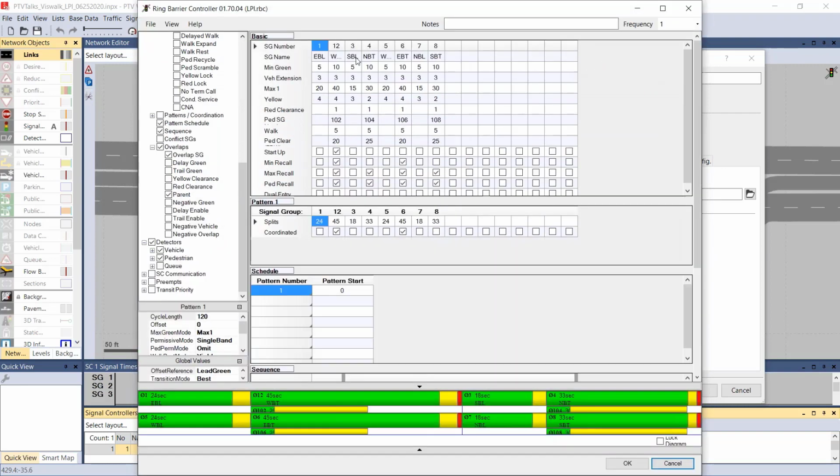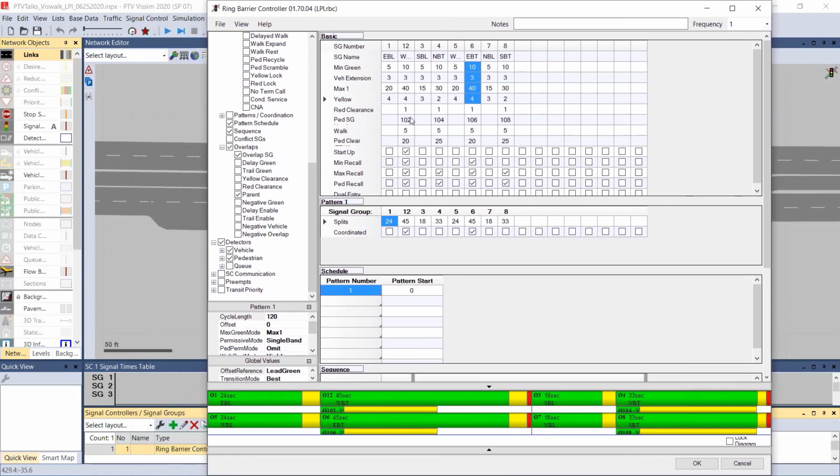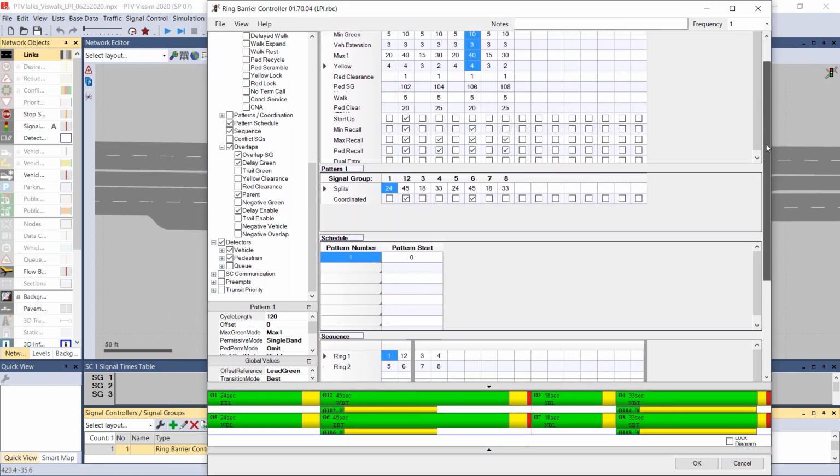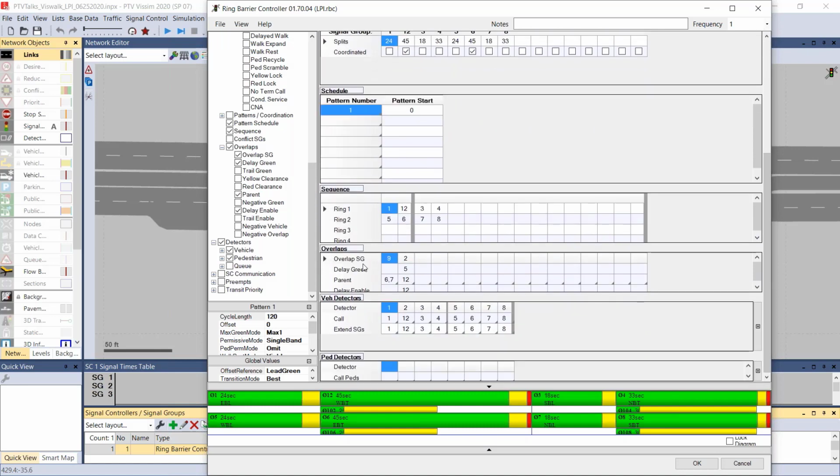to code this in. So here, let's say we wanted to code an LPI on phase 6. Phase 6 has a pedestrian phase and all of its basic timings. What we would do is go into the overlap section on the right here, and enable delay green and delay enable. So that when I come down to my overlap section, I can see my overlap signal